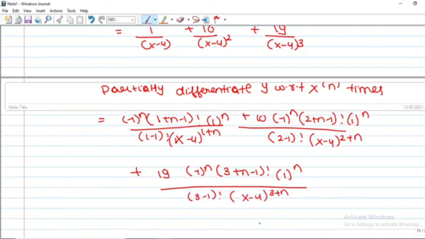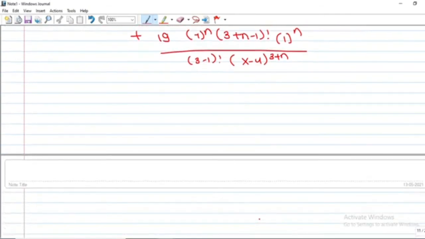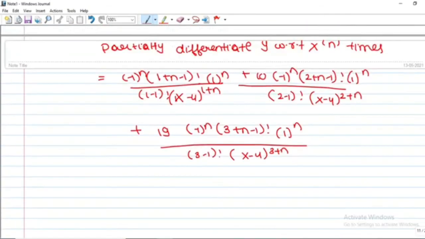So we are done with this problem also. Hope you have understood each and every step properly. So in the next session we are going to continue with some more problems, and the next session is probably going to be the end of finding the nth derivative of rational expressions. And in the last session we are going to take questions on the nth derivative of logarithmic expressions, which are not much different. They are almost the same. If you understand this, then just one step more will be added on, and that's it.